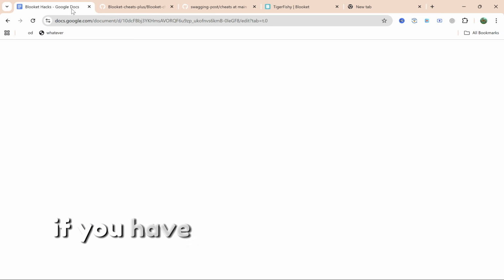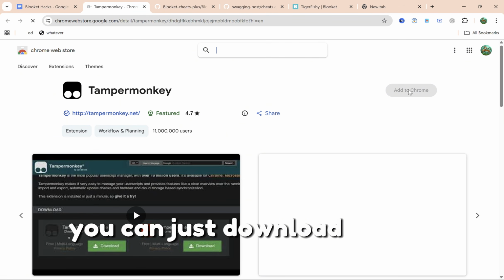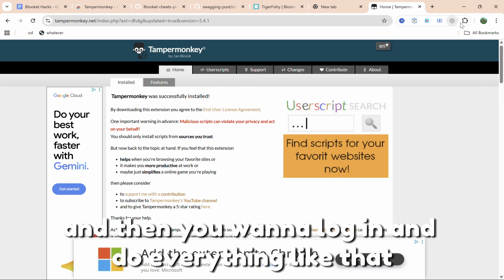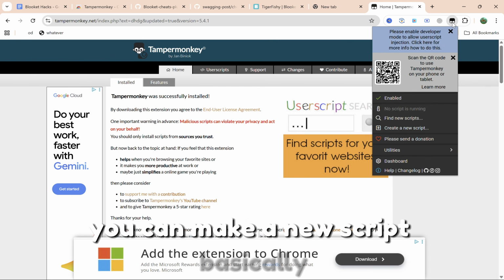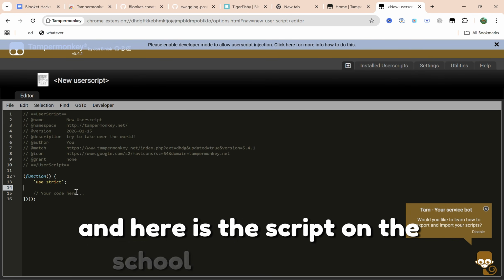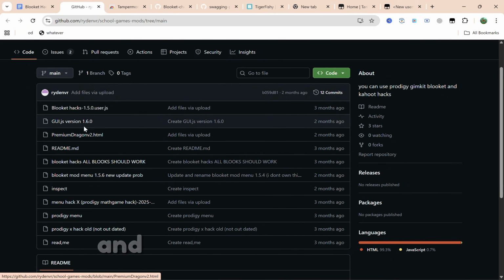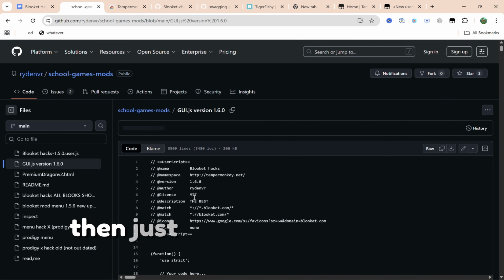For the next one, if you have Tampermonkey, or if you don't, you can just download it. Then you want to open it, and then you want to log in and do everything like that. And then when you do that, you can make a new script basically. And here is the script on the school game mod thing, and there's loads and loads of versions. So just look at what version you're on and just copy the raw file, then just paste in the script